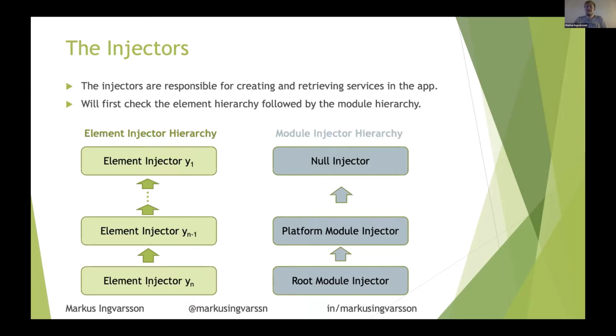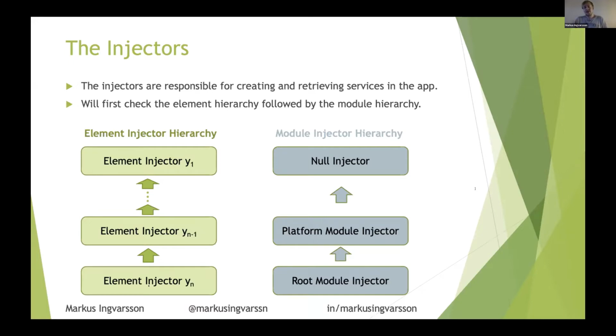And this is repeated until we reach the root component. And if no providers were found, our component will attempt to look for the dependency in the module injector hierarchy instead. I want to mention that there can exist child module injectors under the root injector, which come from other lazy loaded modules, but this is out of scope for today. The root injector will contain all the services that were provided in our root module, naturally.